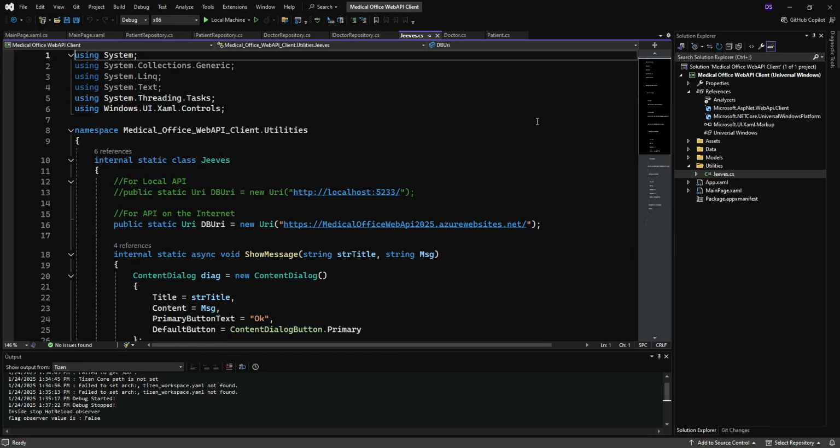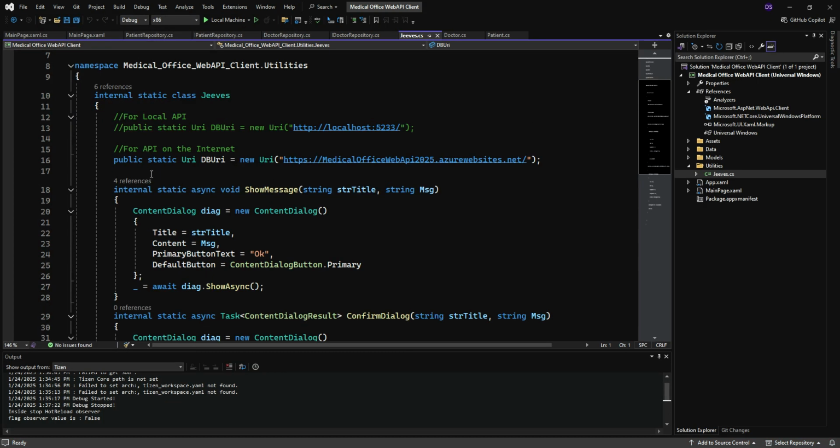Let me point out, I did take a moment and add inside Jeeves, remember my butler? I find him helps me out here. So I'm using him right now. It's maybe not best practice, but I'm using him at work to keep track of the path to my web API. Because I just published it to Azure,